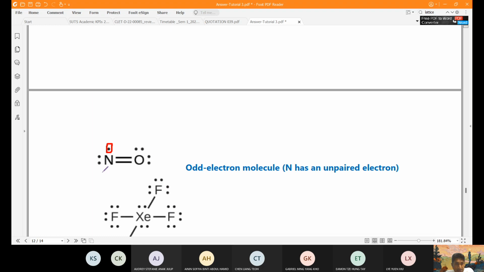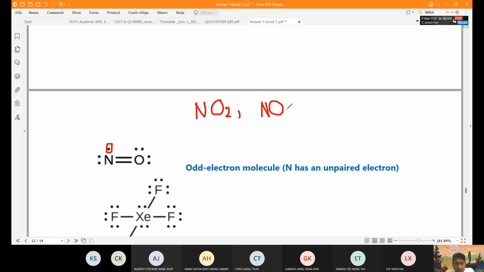Oxygen has 8 electrons, but nitrogen has 7 electrons, right? So this is the closest to getting to the octet rule. There are 2 other examples that I have already outlined in that video: nitrogen dioxide, and